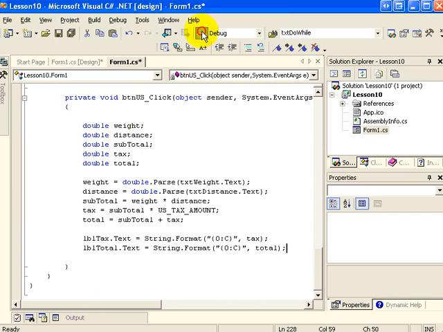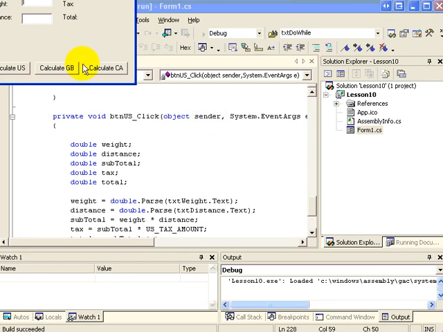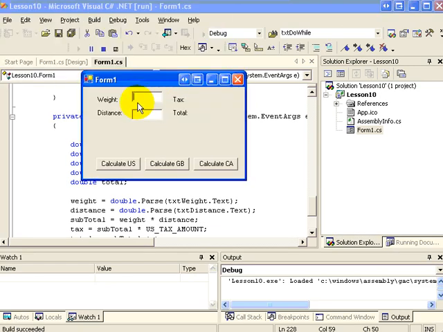So now let's run the application just to make sure that this works. We'll put in the number 8 and the number 9, and we'll click the Calculate US button. You can see we have our tax amount and our total amount. Now we can click the other buttons, Calculate Great Britain and Calculate Canada, and these don't really do anything, so